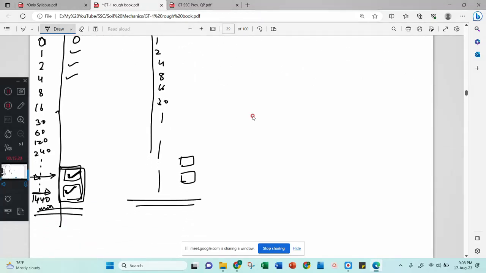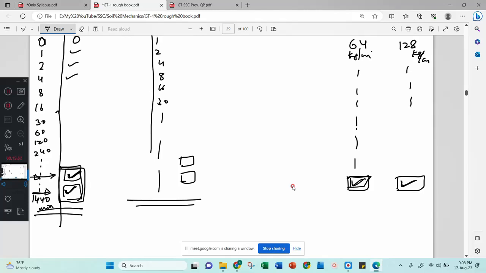That load is doubling. But when do you have to stop? Let us consider when you apply 64 kg per centimeter square, the final displacement is something here. And when you double this load to 128 kg per centimeter square, then also the displacement is the same. Then you are not observing any change between this table and this table. You are not observing any change, then you can stop this experiment. Okay, now stop taking the readings.